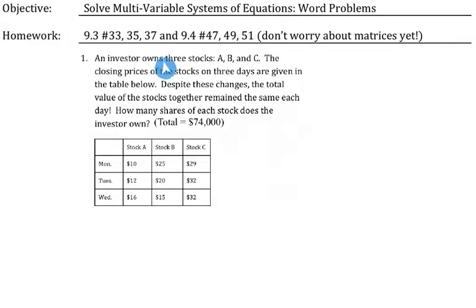An investor owns 3 stocks, A, B, and C. The closing prices on 3 days are given below. Despite these changes, the total value of the stocks together remained the same. How many shares of each stock does the investor own? We have the total value of $74,000. So, since it says here how many shares of each stock, that means that those are our variables, which